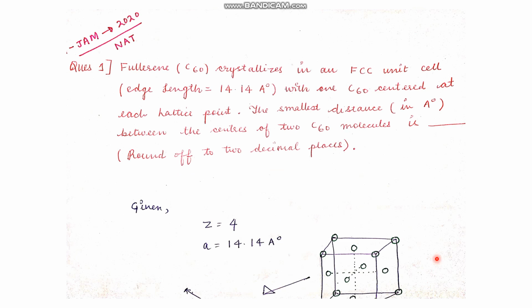So as you can see, there's nothing difficult in this question, and it was asked in JAM 2020 in the NAT section for 2 marks, right? Just the examiner has played with the words, and you have to be calm in this question, right? So this is all about the question which was asked from solid state in 2020, right?